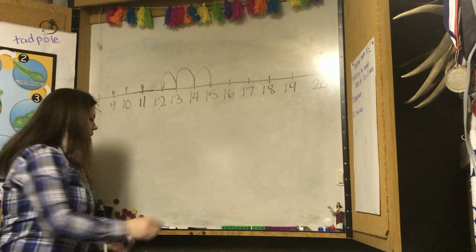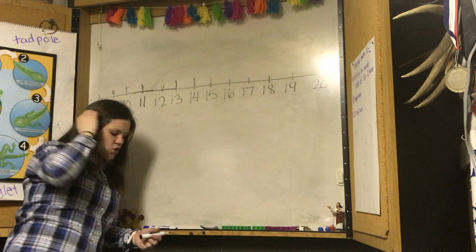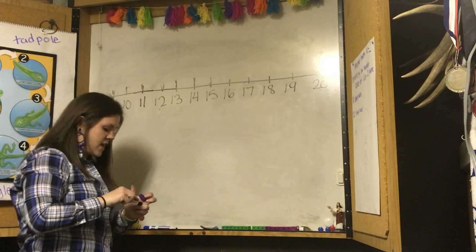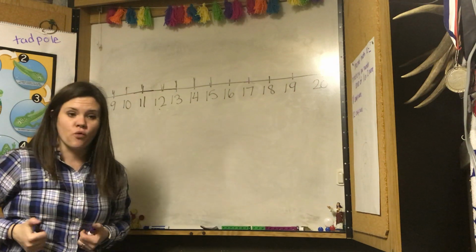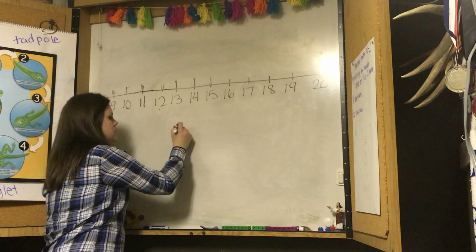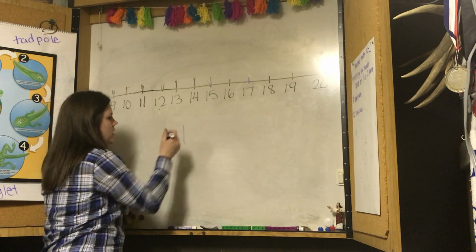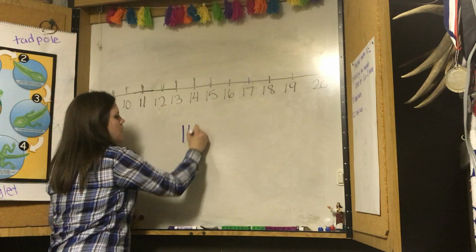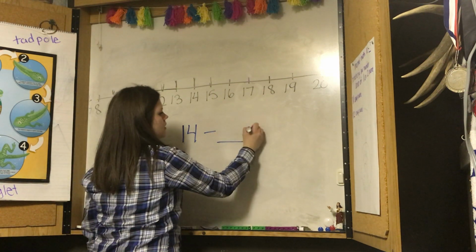Okay, now for some hard math. We're using our manipulatives this time. They don't have the number there for us to trace. We're going to use our brains and our manipulatives and our number line to make sure we are correct. Okay, number 4. I'll use my blue. I want you to see what I'm writing here. 14 minus unknown equals